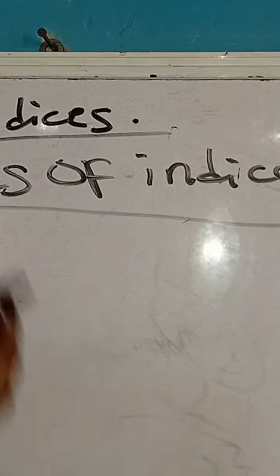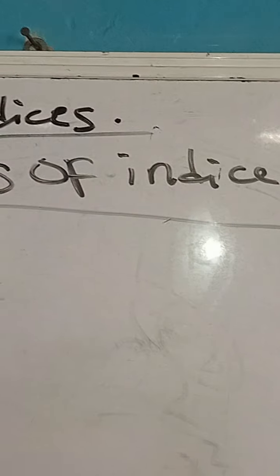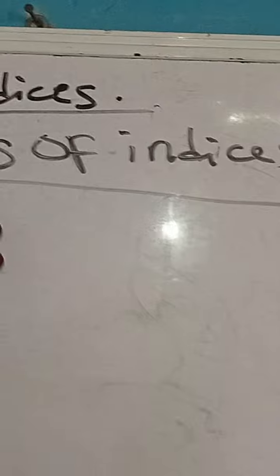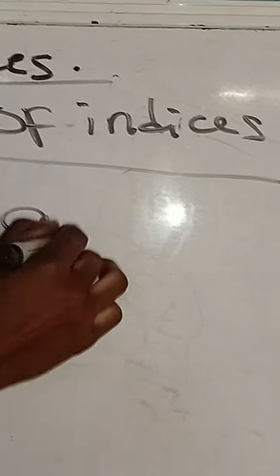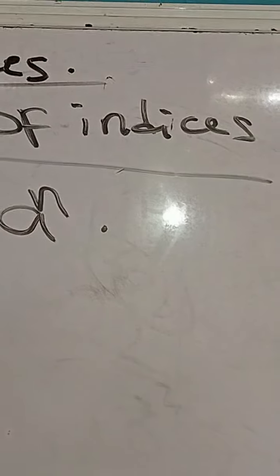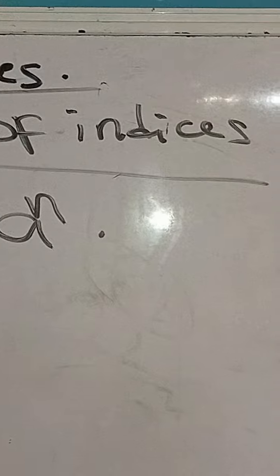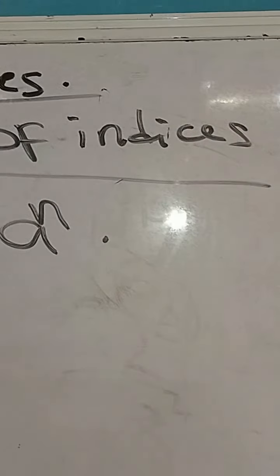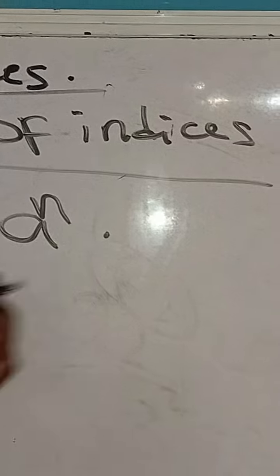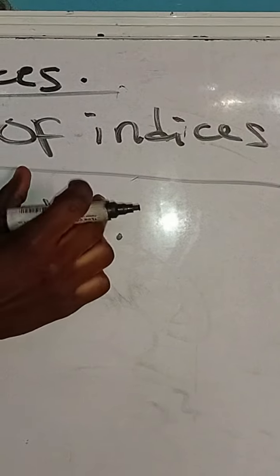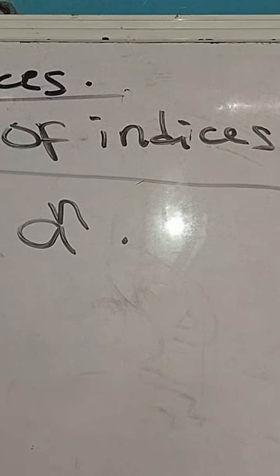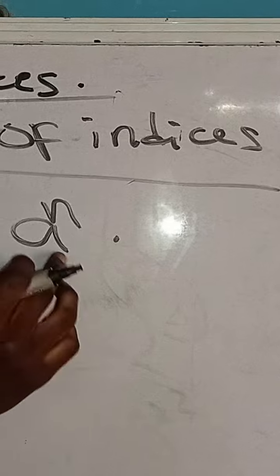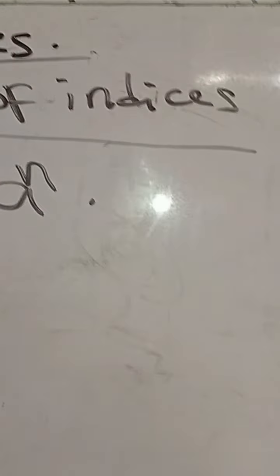If you are talking about the multiplication law, it's going to be a raised to power m times a raised to power n. In this process, like I have said, a refers to the base, m refers to the power. A refers to the base here and n refers to the power. So this a, you are having it here and you are having it here. That means they are the same thing. Just pick one out of this a here, which is